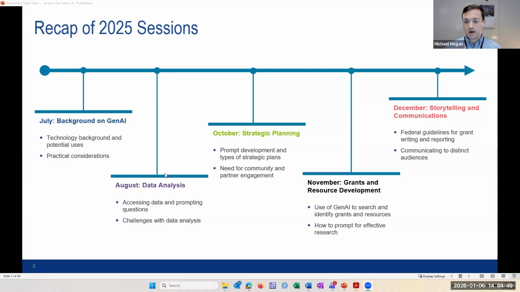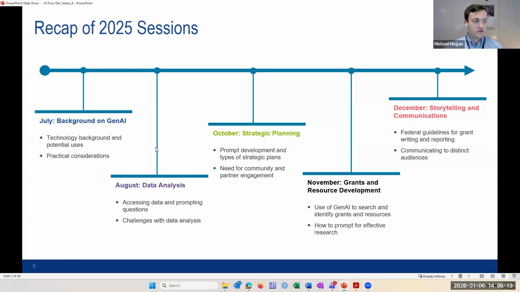In November, we talked about grants and resource development, how to use Gen AI to search and identify grants and resources. And then in December, we covered storytelling and communications with an overview of federal guidelines for grant reporting, which is very critical for storytelling for this audience, and broader communication around distinct audiences.